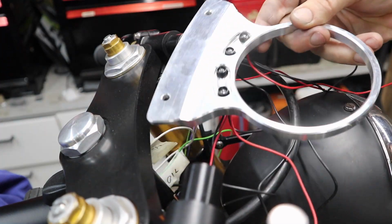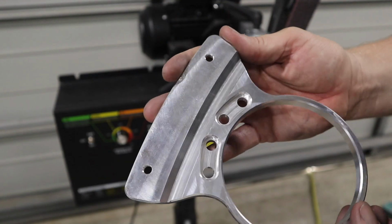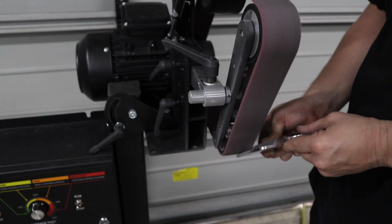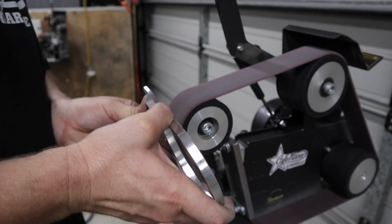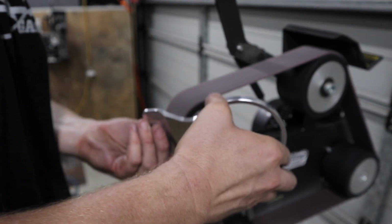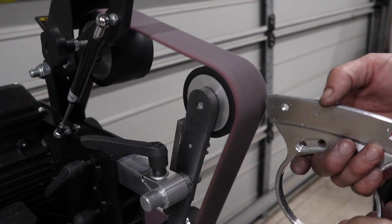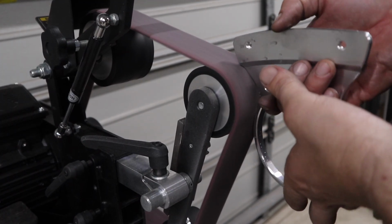There's a lot of machining marks on this part which can come through if I had it anodized, and I want to try and get it brushed finished first and see what it looks like. But even if I was to take it in to get painted or cerakoted, I still want to make sure that it is pristine before I do that. By doing this, we'll get it nice and smooth, and it could even look so good I might even just